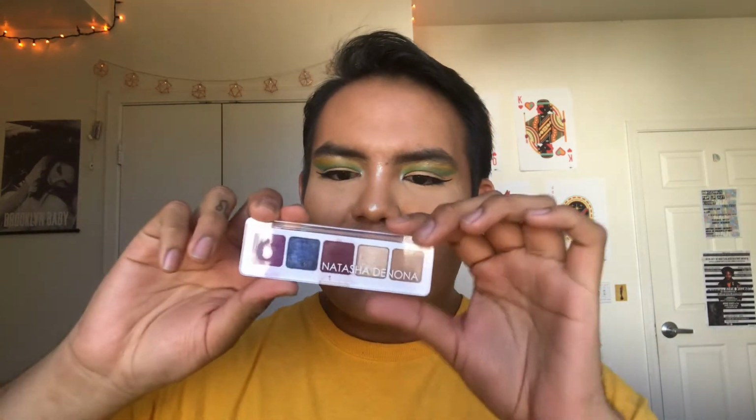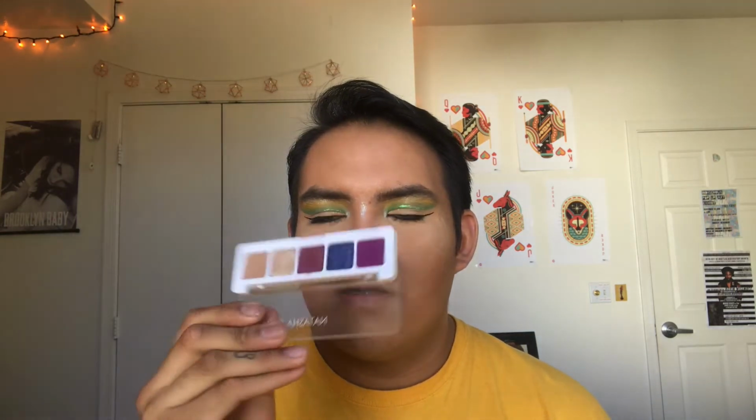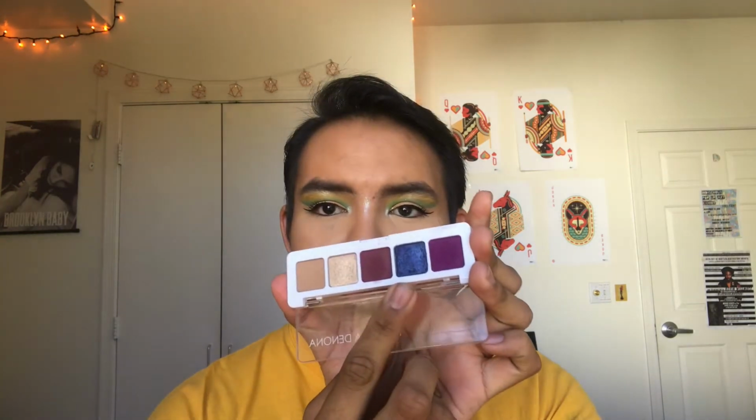The next one I have is this little random thing. It's this Natasha Denona Mini Lila palette. This was absolutely an impulse buy because I was in Sephora looking around and I was like, I came here for a reason, I have to get something. Then I saw this and I was like, that's pretty. I only wanted it for this shade right here. It's called Blue Dahlia